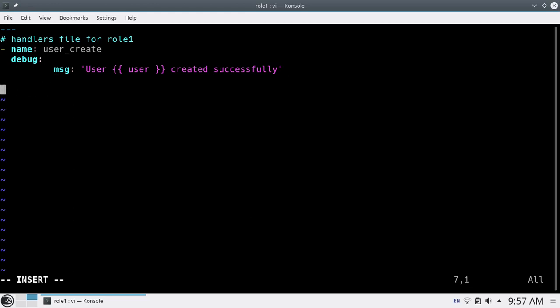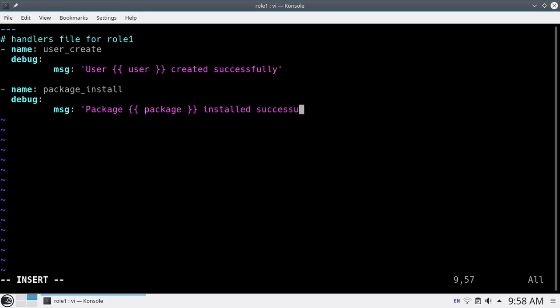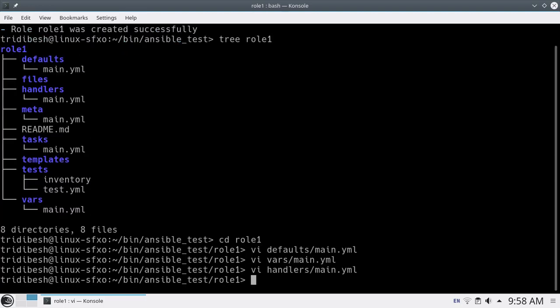Now I will create one for package. So these two handlers I have created.